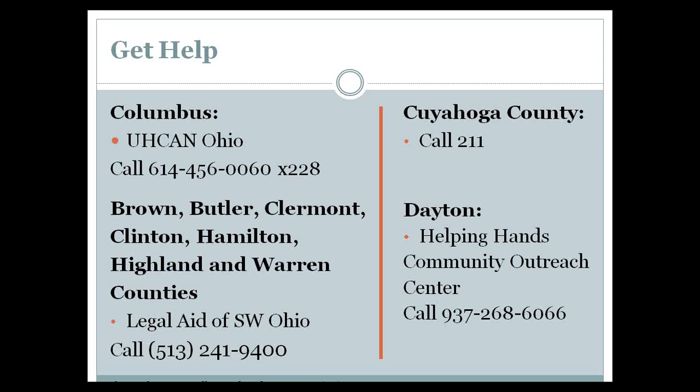Those representatives were very clear that if an individual has filed an application on benefits.ohio.gov and they have a confirmation number, then their county office should be able to process their application and answer questions about their case. Their recommendation in those situations where a client was feeling like they just weren't able to get anywhere over the phone, they recommended printing the confirmed application from benefits.ohio.gov and going into the county office.